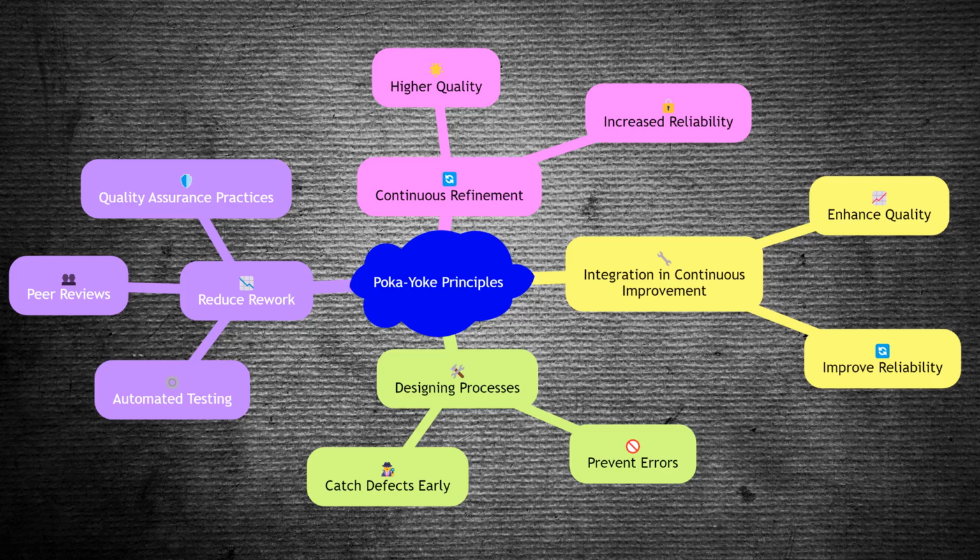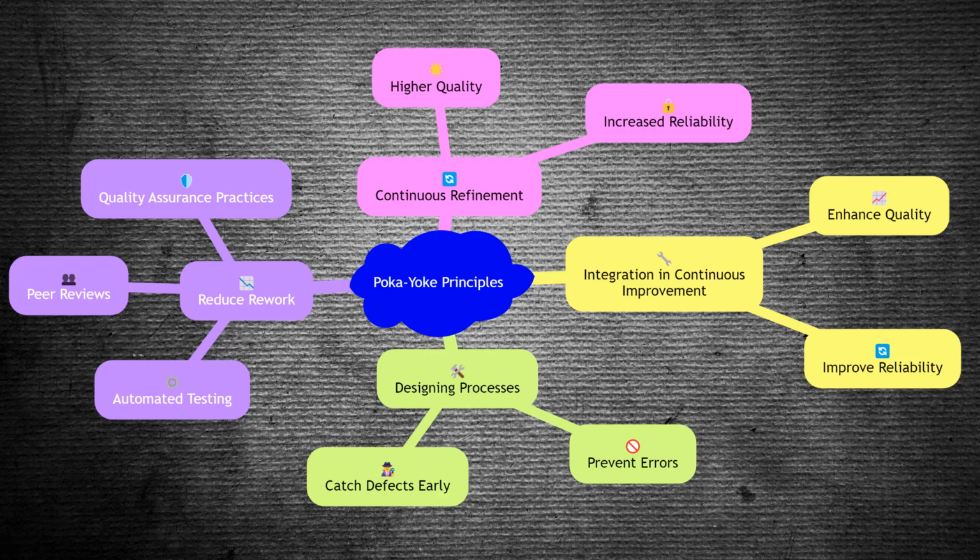Poka Yoke principles can be integrated into continuous improvement efforts to enhance quality and reliability. By designing processes that prevent errors and catch defects early, teams can reduce rework and improve overall efficiency. This might involve implementing automated testing, peer reviews, and other quality assurance practices. By continuously refining their processes and incorporating Poka Yoke principles, teams can achieve higher levels of quality and reliability in